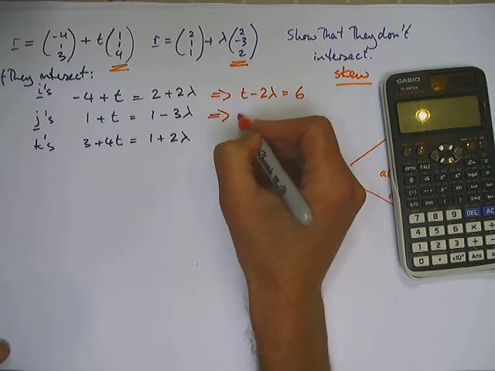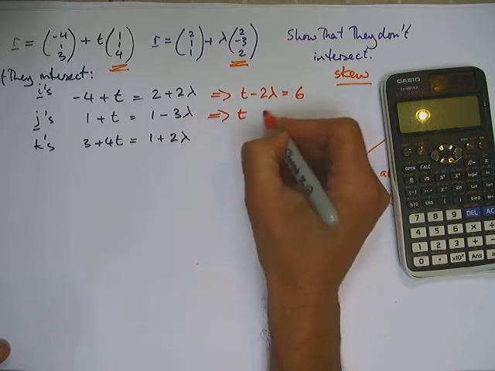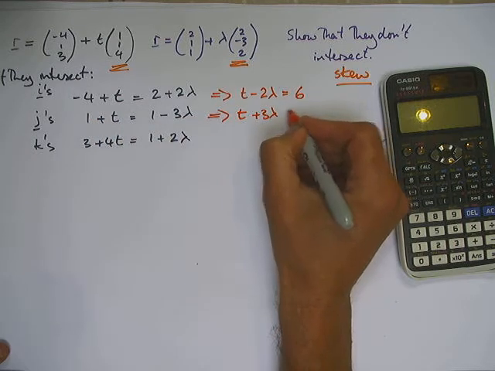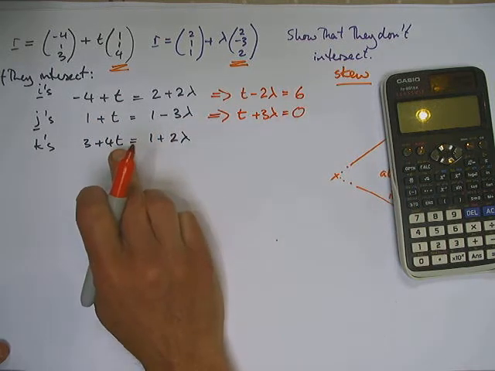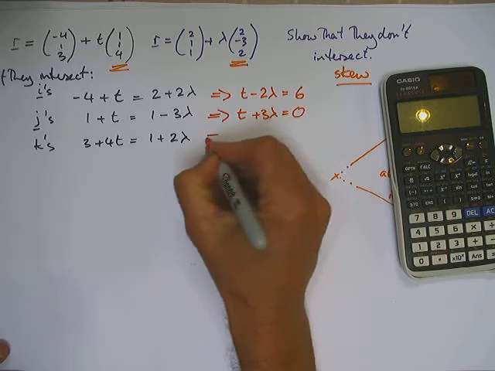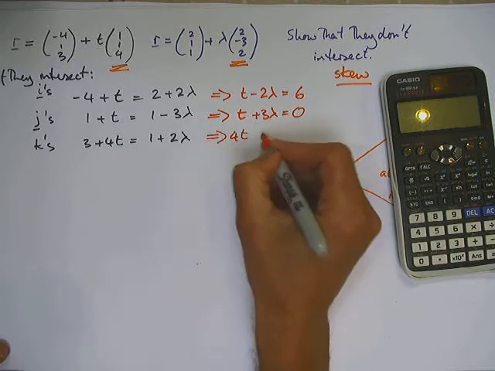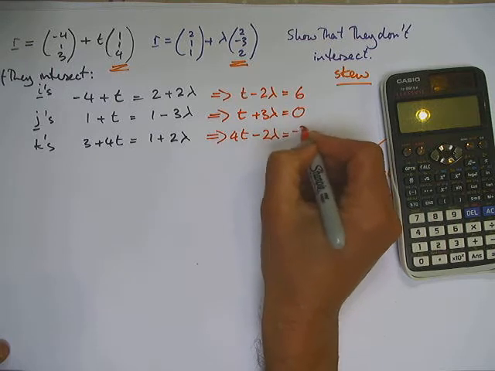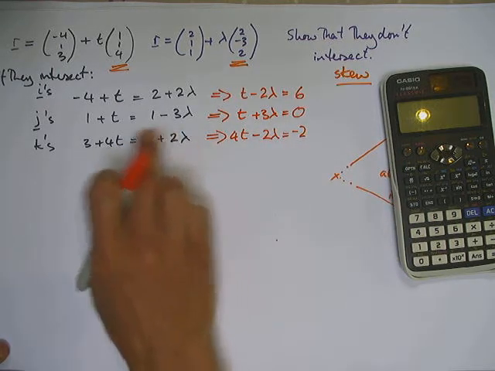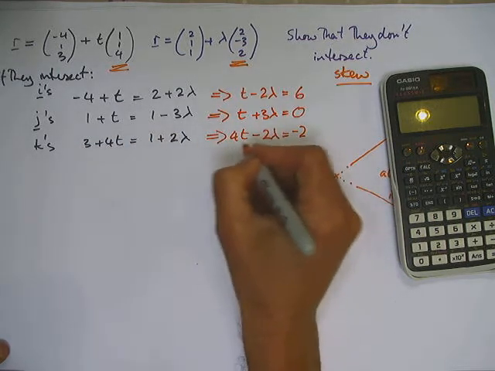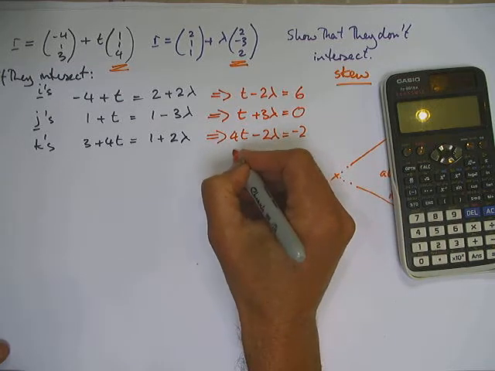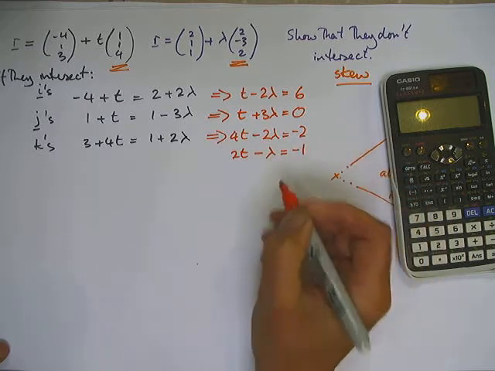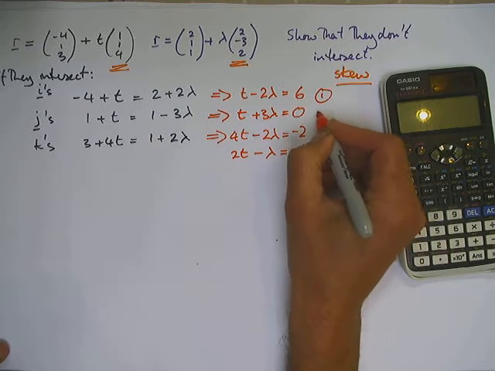This one becomes t plus 3 lambda is 0. And this one becomes 4t take 2 lambda is minus 2. So I'm going to divide that by 2 and get 2t take lambda is minus 1. If you number them,